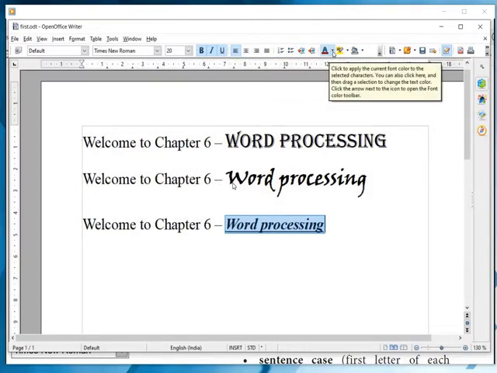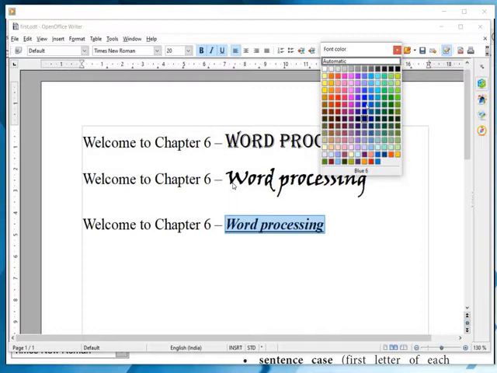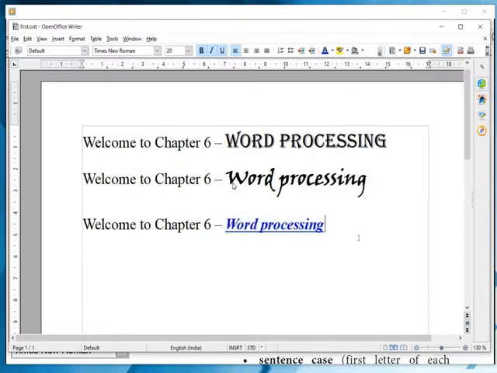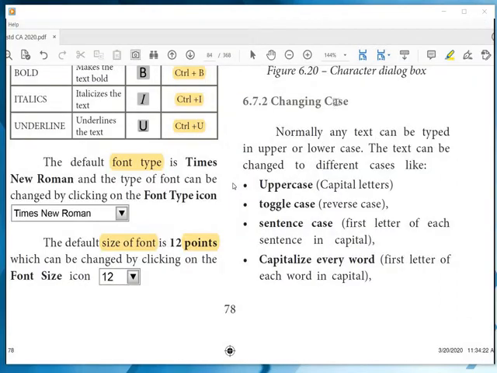Even we can change the color of the text using the font color icon. So this is the easiest way to format the given text. So in a particular place, we can give any number of styles to a character, even give multiple colors. Everything is possible.